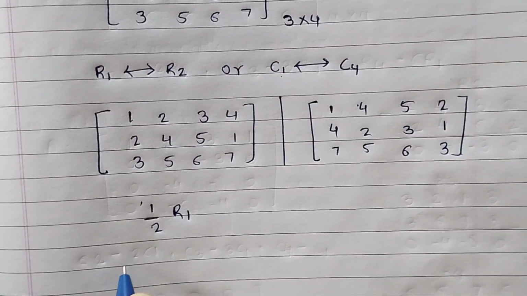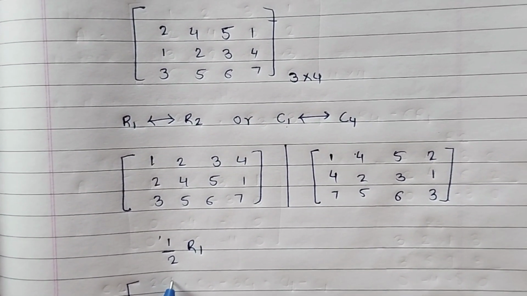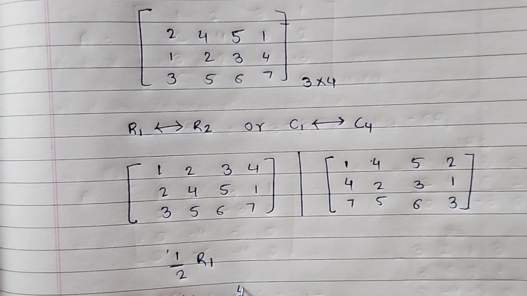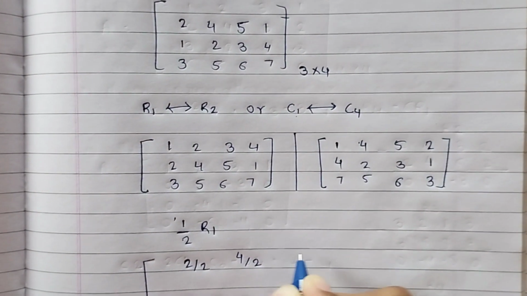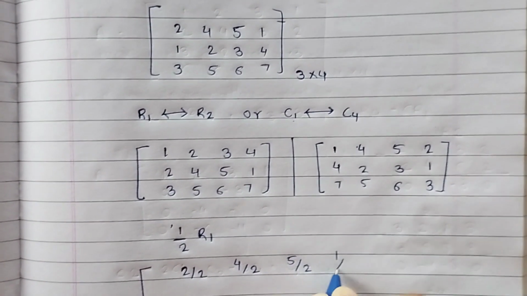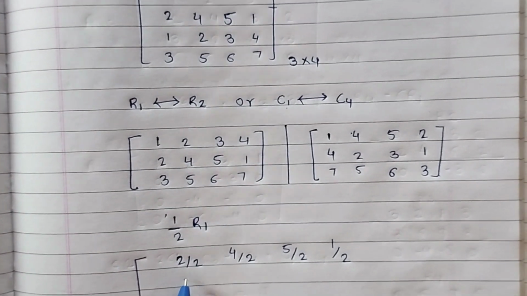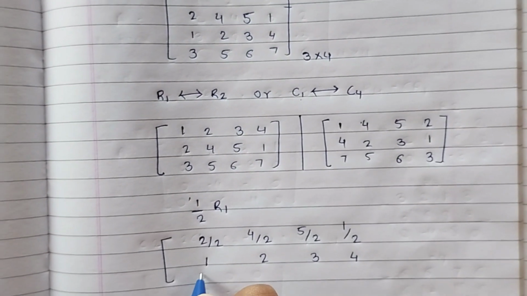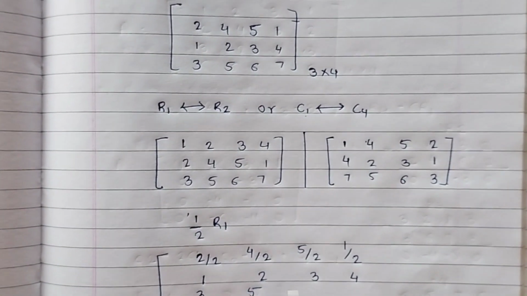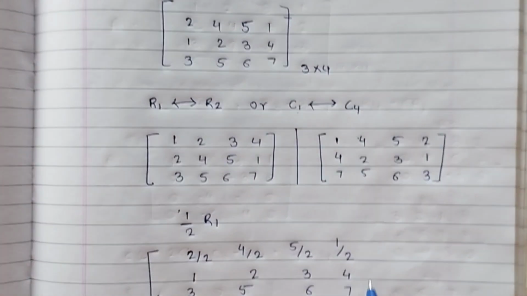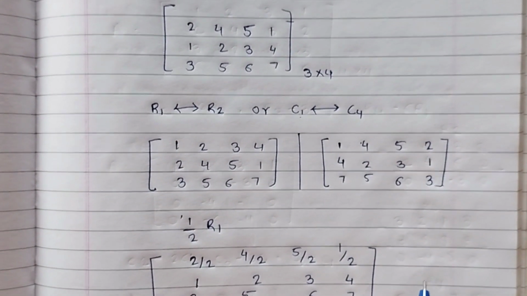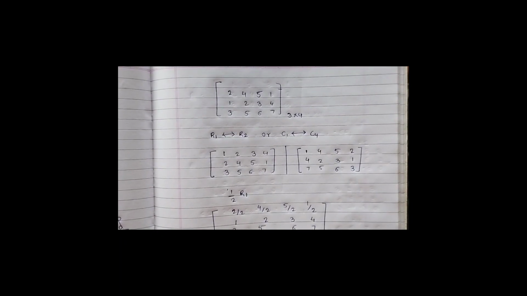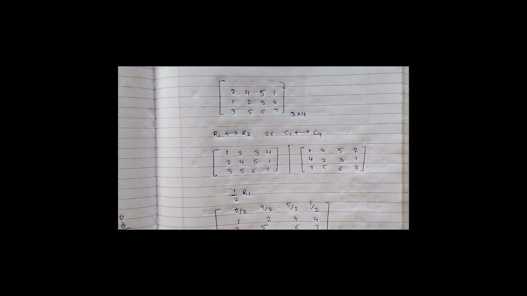Then, without interchanging any two rows or columns, we get 2 by 2, 4 by 2, 5 by 2, 1 by 2, and the remaining rows are as they are: 1 2 3 4, 3 5 6 7. Which operation you want to perform depends on you, but don't forget the target is that we convert